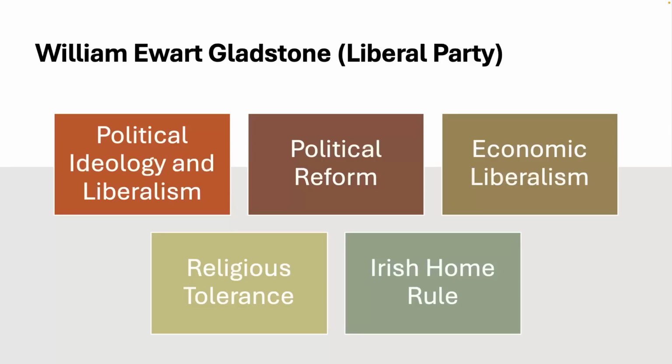And then one of the major questions that we're going to be concerning ourselves with at multiple different stages throughout these videos is the question of Ireland and Irish Home Rule. Gladstone became increasingly committed to the project of Irish Home Rule, believing that Ireland should have its own parliament to govern domestic affairs. This was a divisive issue, and it remains a divisive issue throughout quite a lot of the period of history that we're going to be studying in this series of lessons. But nevertheless, Gladstone pushed for reforms that would grant greater self-rule to Ireland.